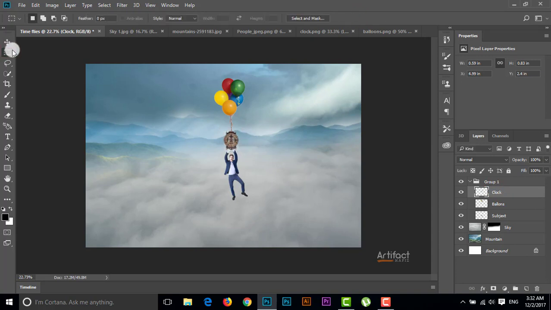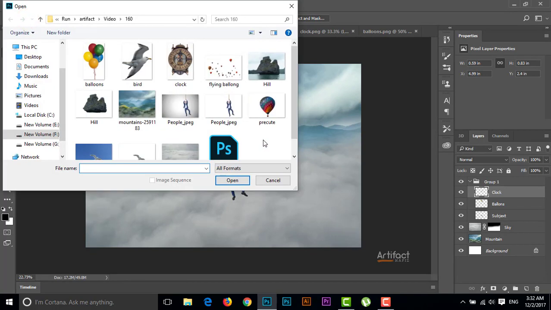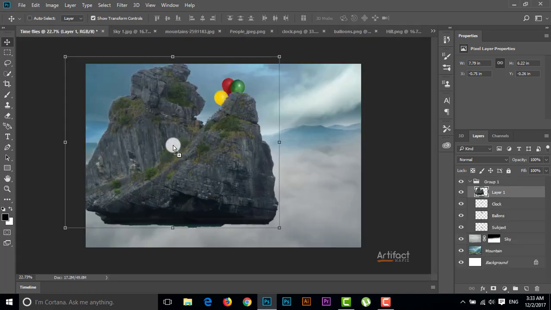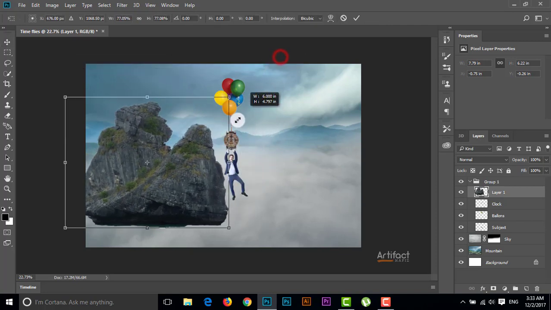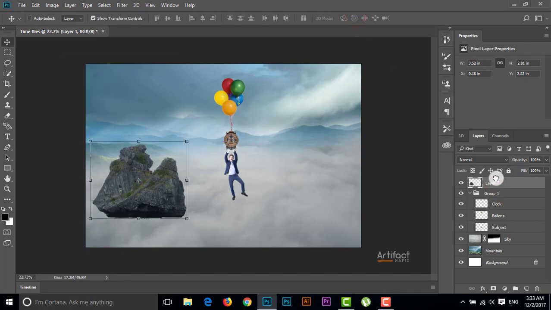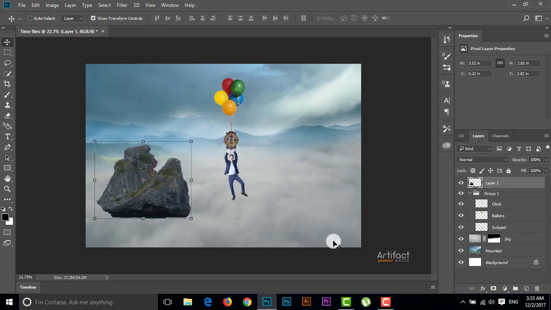Now it looks okay. Now I'm going to add some heels here, therefore it will look very realistic. Now I'm opening a new photo which is heel and just drag and drop this on this main artboard. Now just decrease the size of these heels. Now I'm giving the name of this layer which is